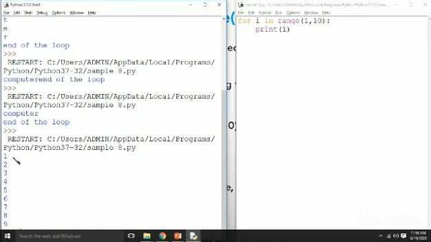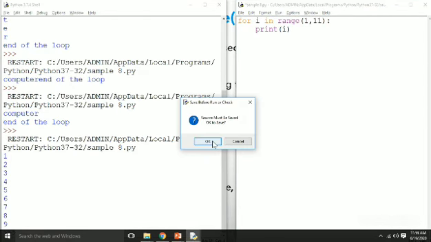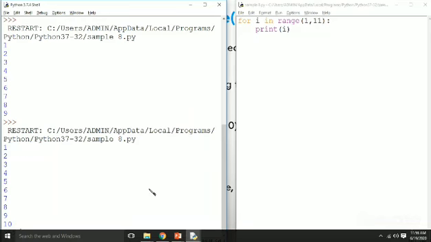You can see from 1 to 9, which means it included the start value 1 and excluded the stop value 10. If you want to get 10 also, you have to give 11 as the stop value. Then you will get the value 10 also, 1 to 10.